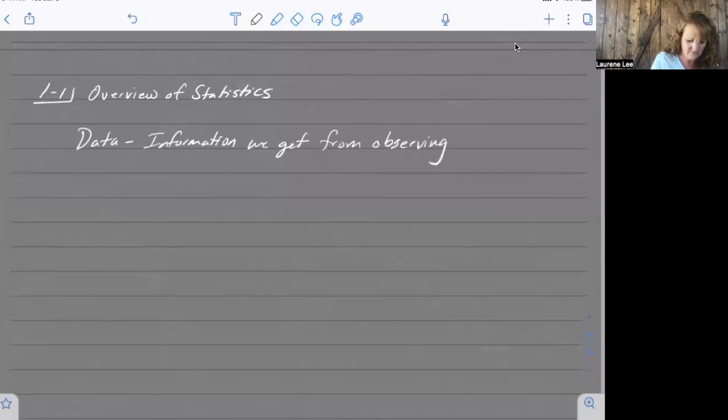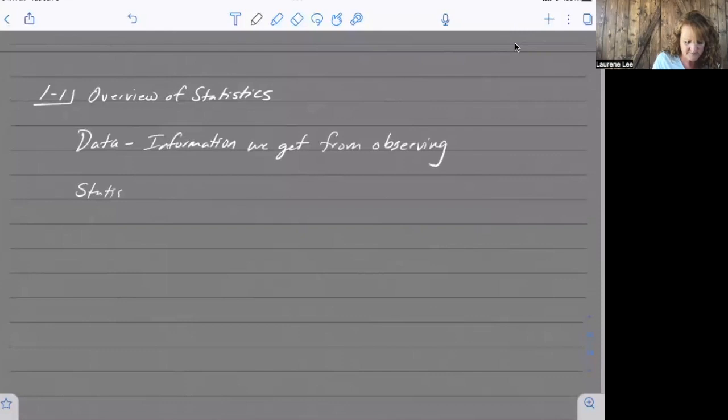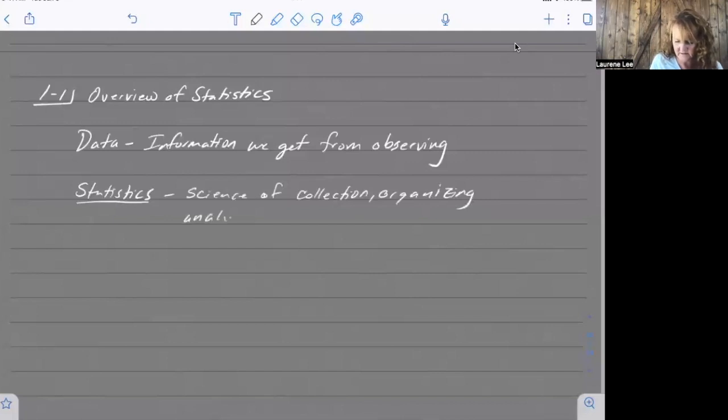The next word is statistics. Since we're in that course, we should probably know what the word means. Statistics is the science or the study of collecting, organizing, analyzing, and interpreting that data. So what you're going to see in the weeks to come is we're going to collect information,